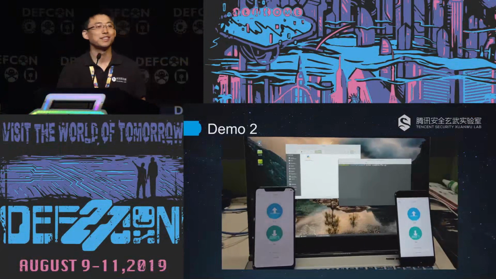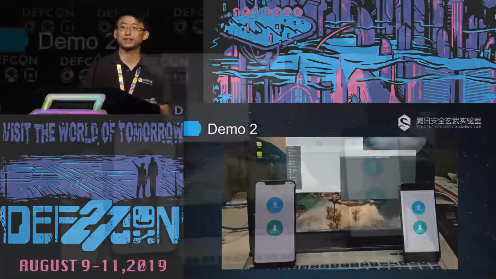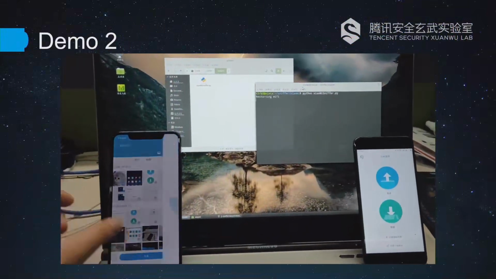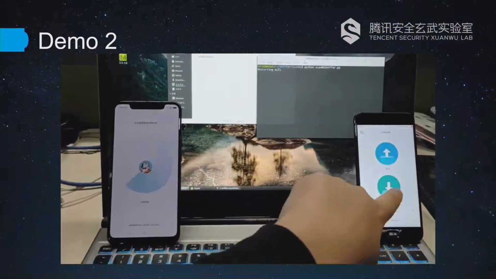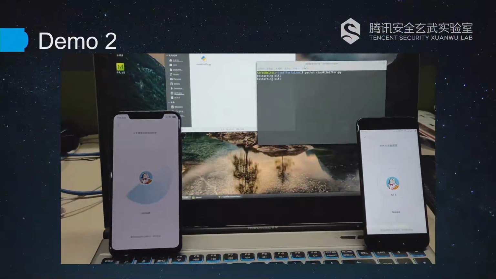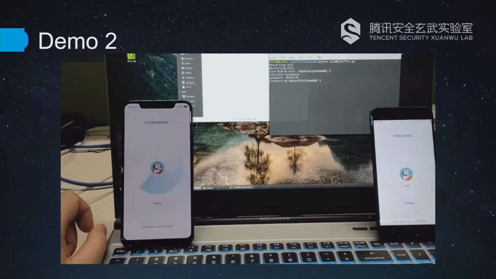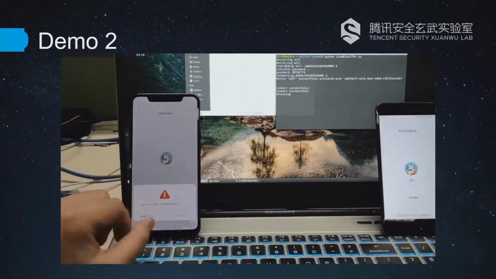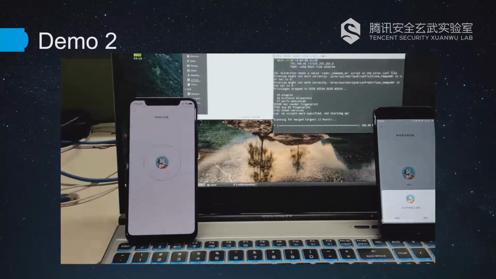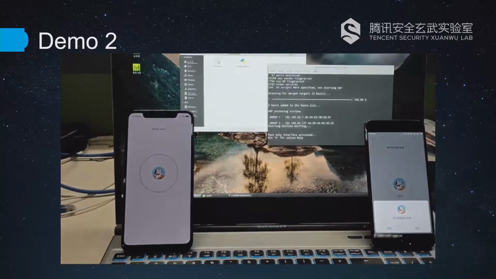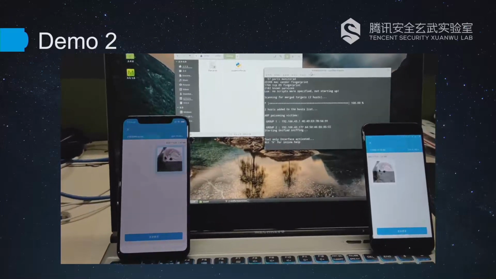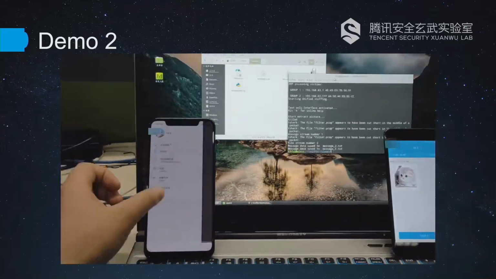Here is demo 2. The process is a little different, but there is something more interesting here. The left phone wants to share a picture to the right phone, and we can see that the picture was obtained by us.